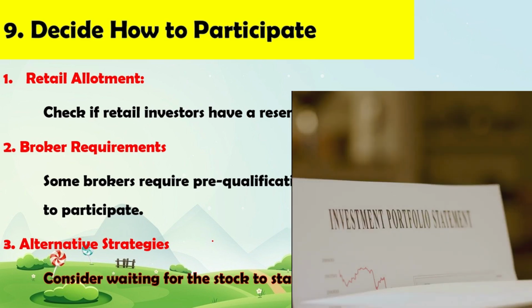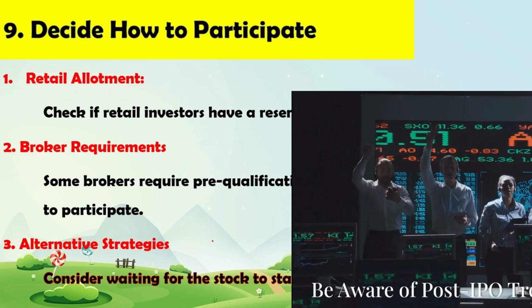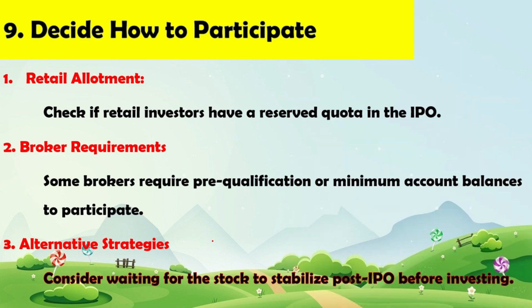And the ninth one is deciding how to participate. That's very important. So after looking at all the financials, you're okay. Now you're thinking to participate in the IPO. What is participation? You need to check how much is retail investor and professional investor. If the retail investor share is very low and professional investor share is high, in a sense there is no volatility in the market, no fluctuation. So normally the retail investors will be a high percentage and professional investors low. In a sense, once listed, definitely you can gain at least a minimum 5 to 10 percent price hike,